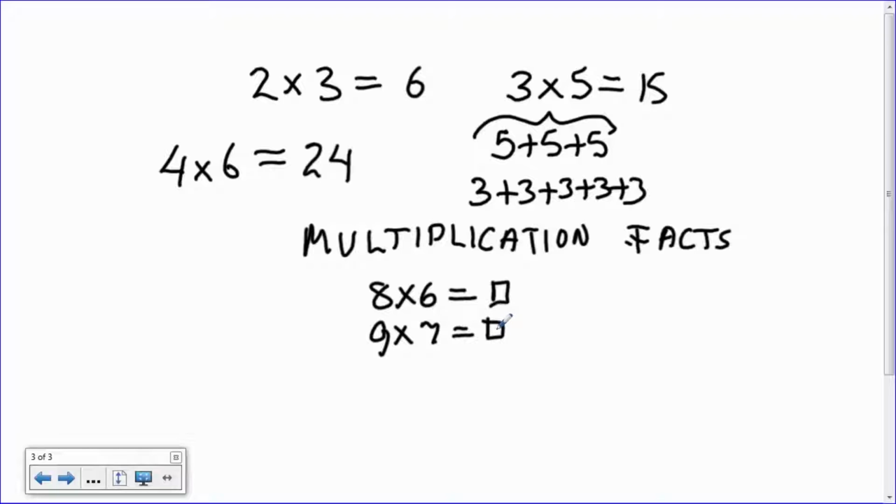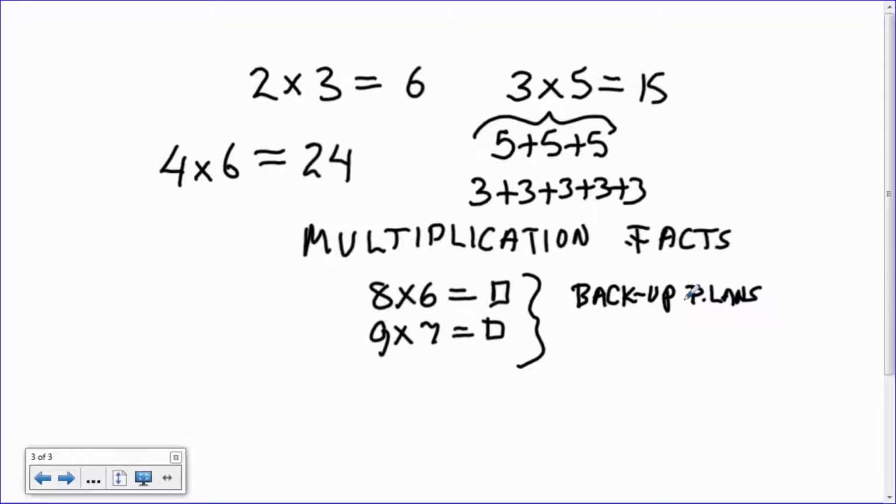we don't want them to freeze up and freak out because they don't remember what that is. It's not a big issue that they can't remember what that is. There are adults that can't remember what 8 times 6 is or 9 times 7. But here's what I want them to have. I want them to have a backup plan. I want them to be able to figure that out based on their understanding of multiplication and place value. So when we talk about these, I want to make sure they have what's called backup plans if they don't know what these are. And the backup plans